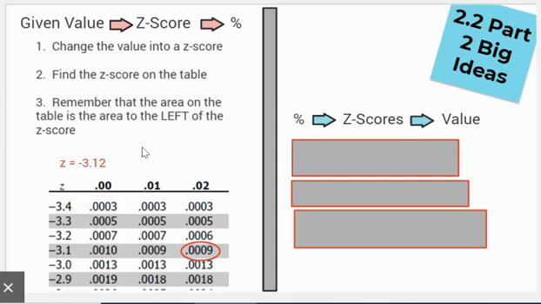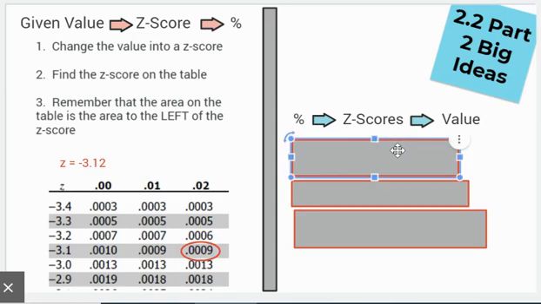of the z-score. So down here, for example, if our z-score is negative 3.12, that would be negative 3.1 would be right here. And then the negative 3.12 would be this number that we circled. This 0.0009, this is the area to the left, the area under a normal curve to the left of this particular z-score, negative 3.12. Well, what if we've got the percent and we need to change it into a z-score and